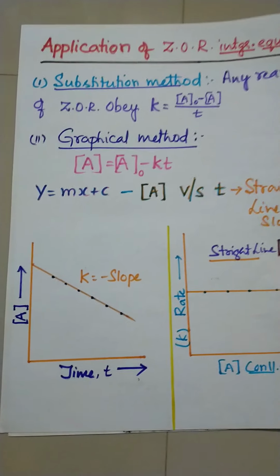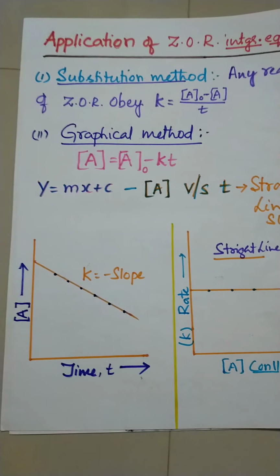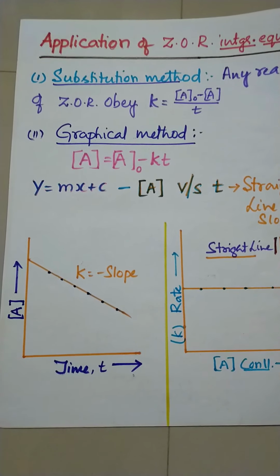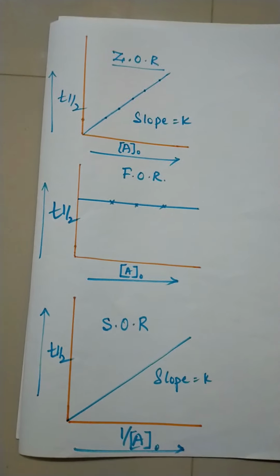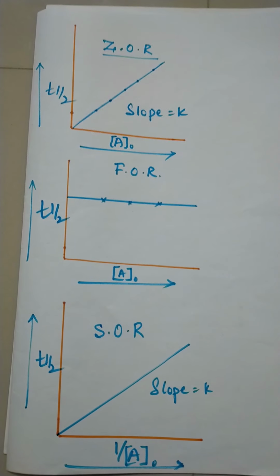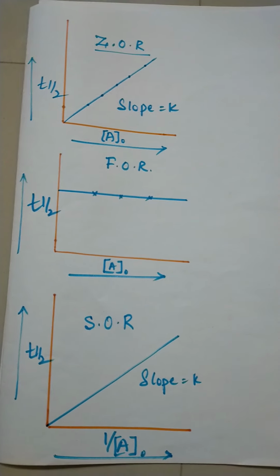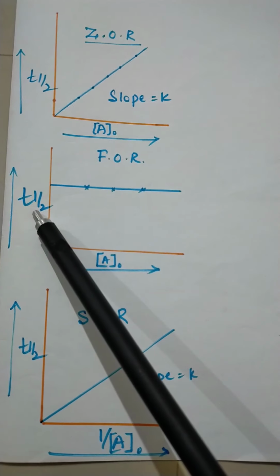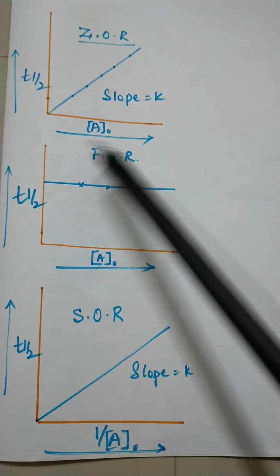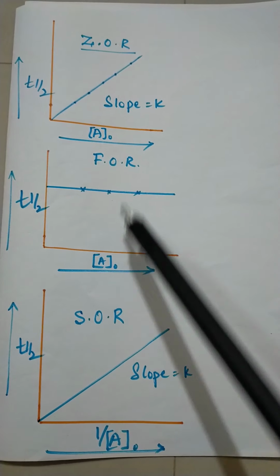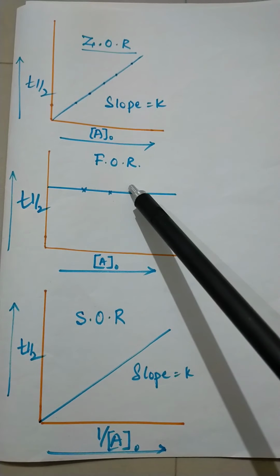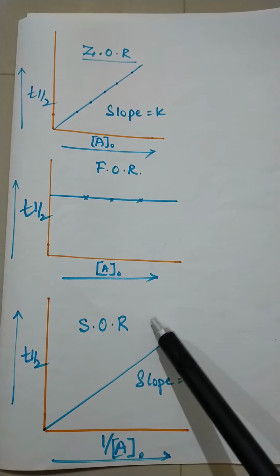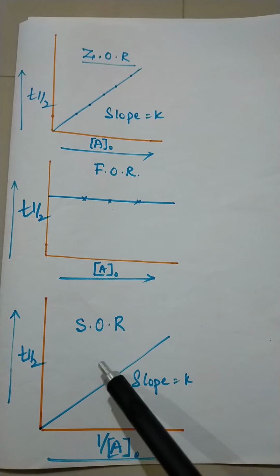Again, if you combine both the diagrams of the graphs, it will be like this. So here is a zero order reaction, a slope is there. Again, if you take the first order reaction, it comes here. Again t half versus concentration, t half again versus concentration. Both are the zero order reaction and first order reaction. Second order reaction is in the next one.